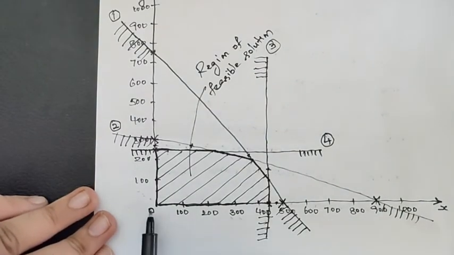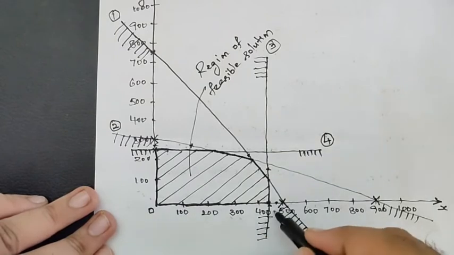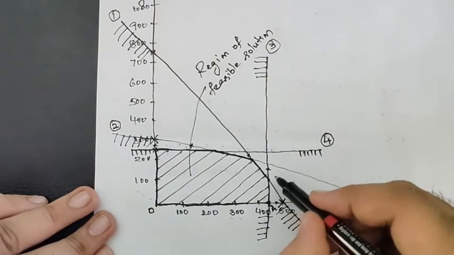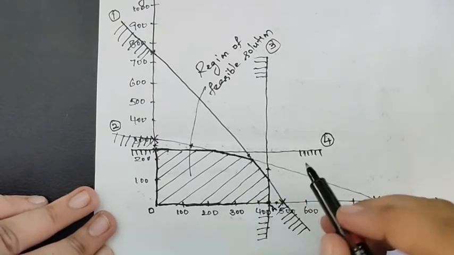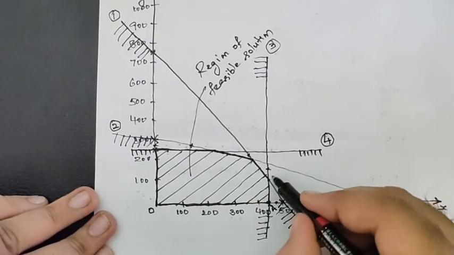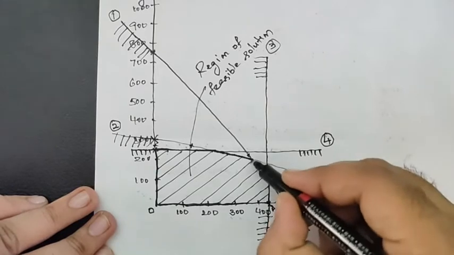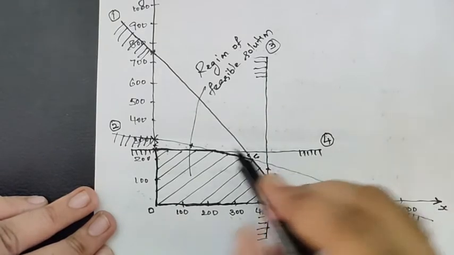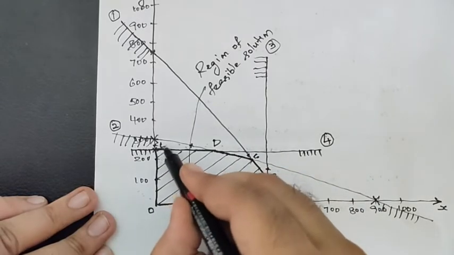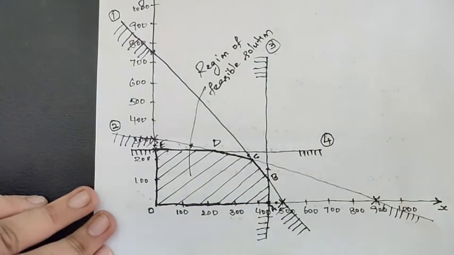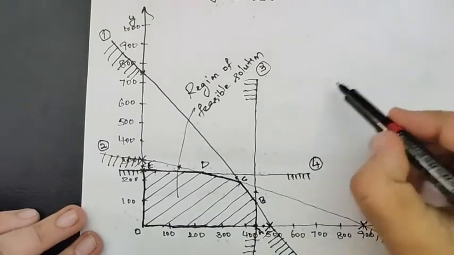I don't need the origin, O. Anyway, B is an intersection point you can take. Next, wherever the line is changing direction, that is B, and here the line is changing direction, C, and here the line is changing direction, D, and here the line is changing direction, E. Now I need the values of these.